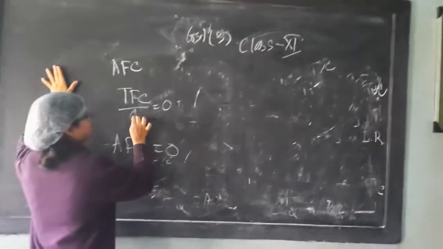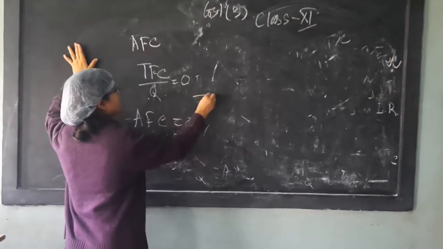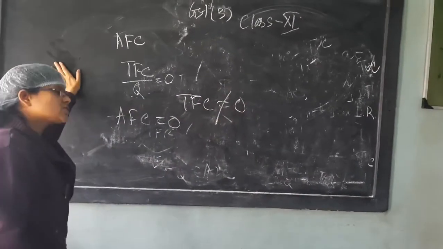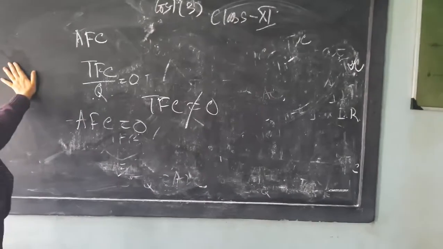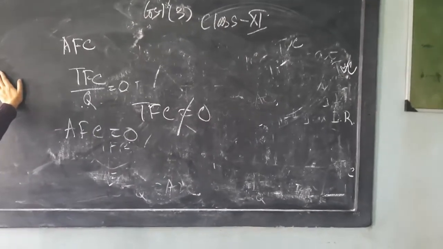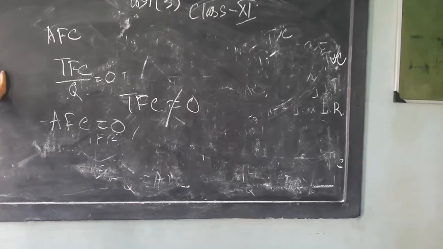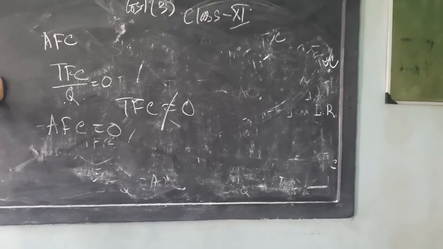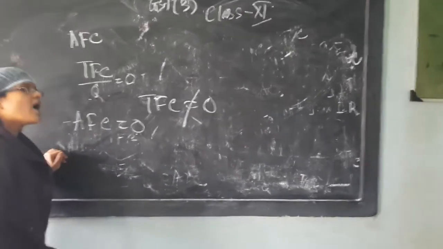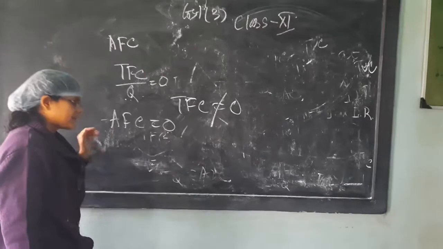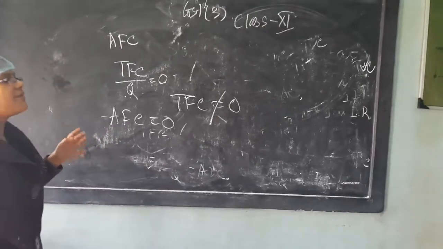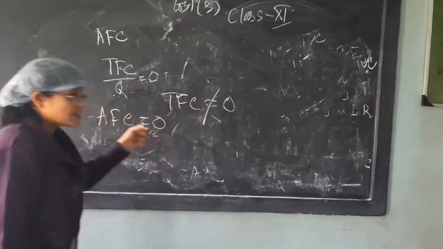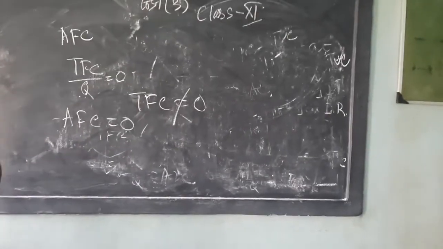If I multiply 3Q with 0, what will I get? TFC equal to 0. That is not possible. Total fixed cost cannot be 0, so average fixed cost too cannot be 0. But what is the shape of the average fixed cost? It is a rectangular hyperbola. It is downward sloping from the beginning. After a certain time, the change of AFC will be insignificant. The curve becomes almost a straight line, because its movement becomes almost stagnant.